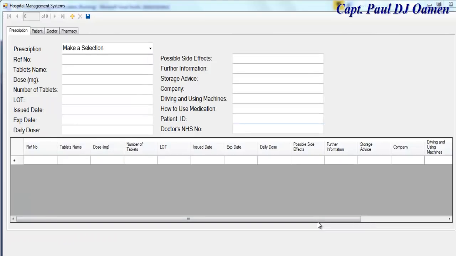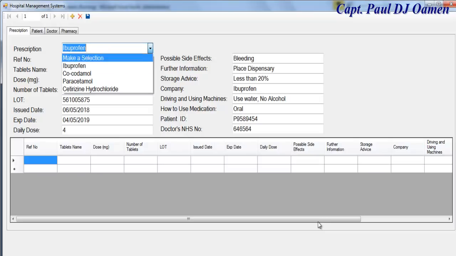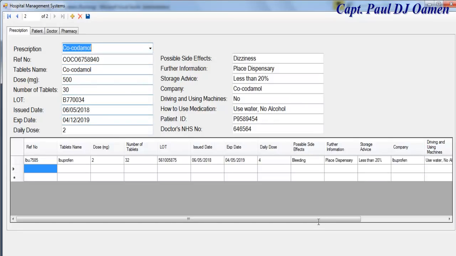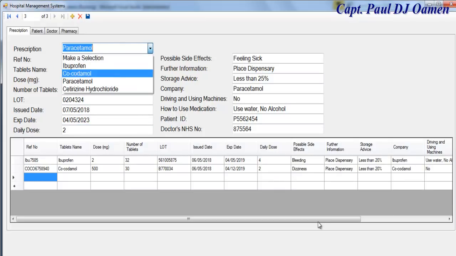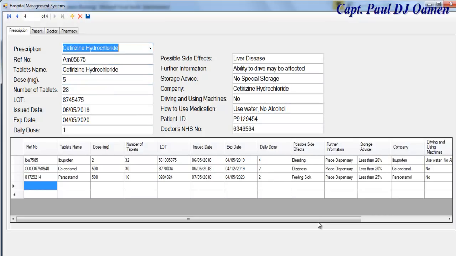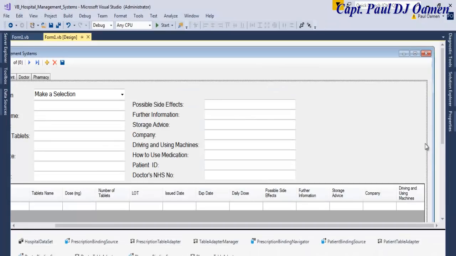There we go, guys. This is how it all looks now. So if I make any selection here, there we go. Now that is added, and let's add, and so on. Now let's close this, and right here I'm going to add